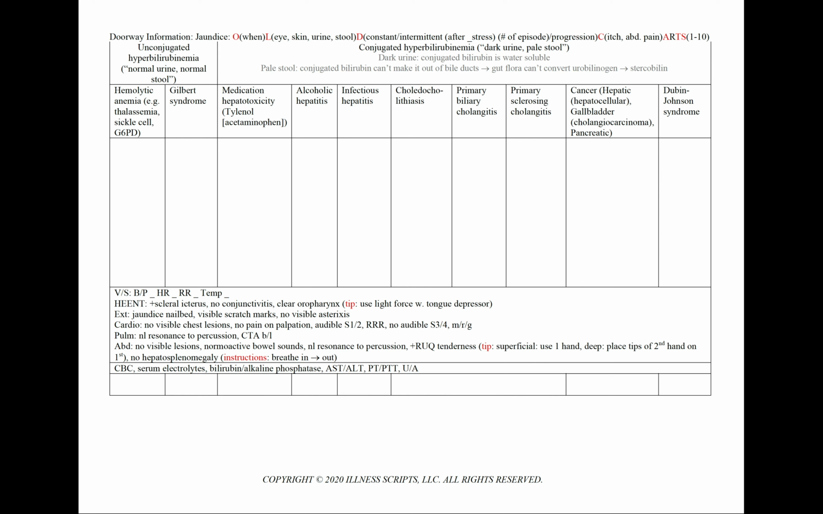after stress in Gilbert's or Dubin-Johnson. If it is intermittent, we'd like to note the frequency, how many times they've been seeing this, and how long does it last for after each episode. And finally, we can note the progression. Does the jaundice appear to be occurring more frequently? Or if there has been no progression, we'll be sure to include in our patient note no progression to show